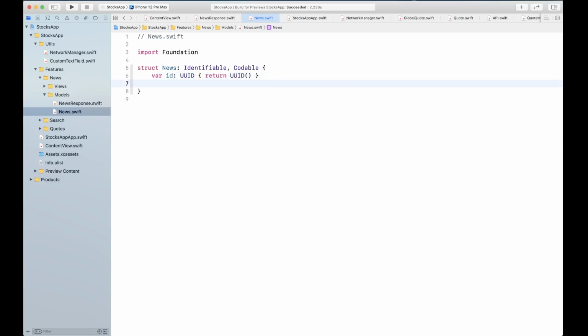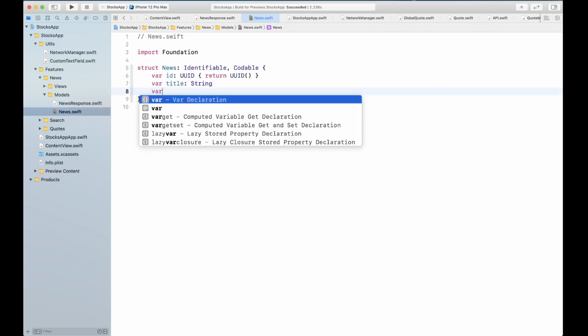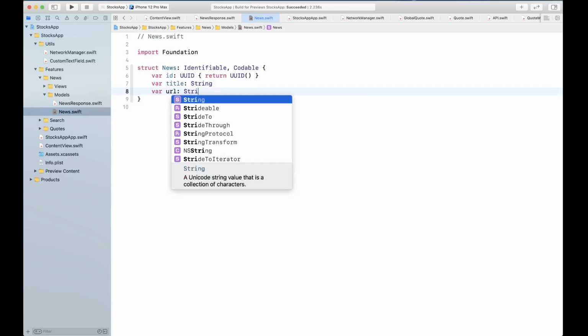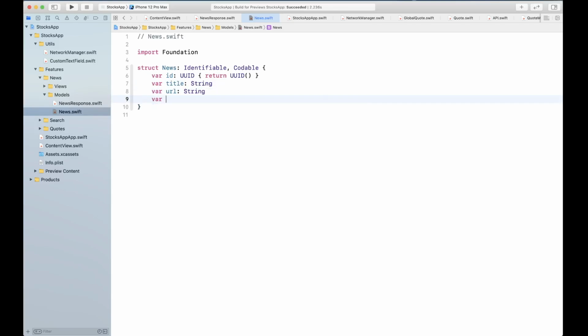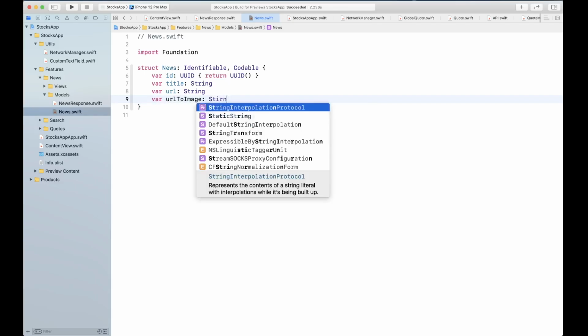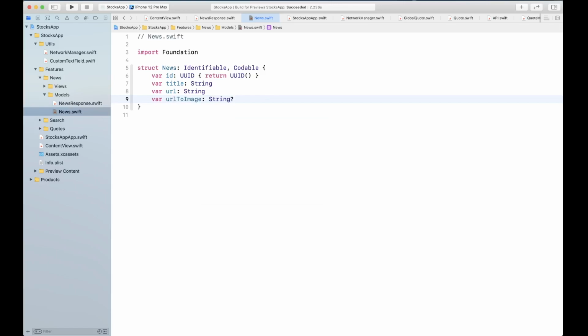This is going to help us in our list and for each cases for each record to be identified individually. Next, our news is going to have title, and this is coming straight from the API response. URL to image, which is a string, and we're going to make this a string optional because sometimes the URL to image is not available.